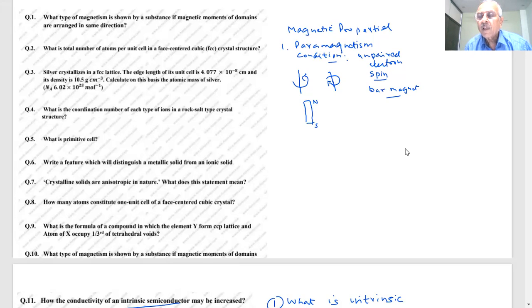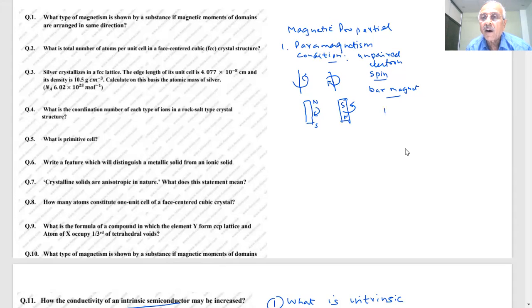So what will happen? Supposing this is north-south, student, when it is spinning in this direction, and when it is spinning in the other direction, what will happen to the bar magnet? South-north. See the story? The magnetic fields are equal and opposite, so what happens then? They will attract. They will attract. Yes or no?